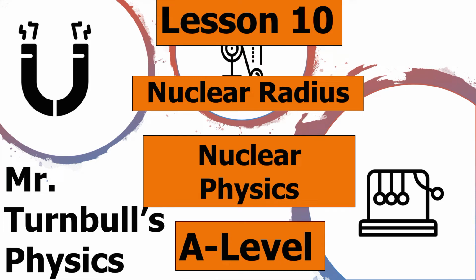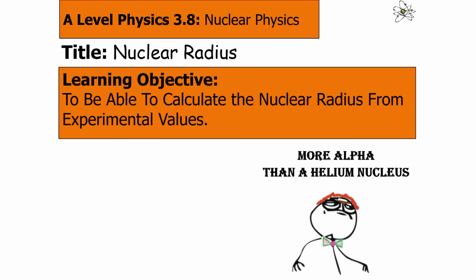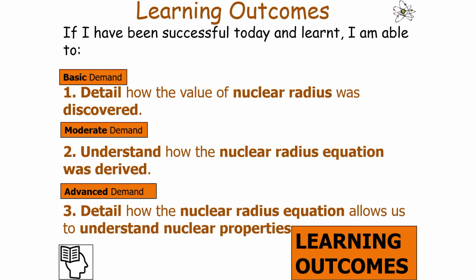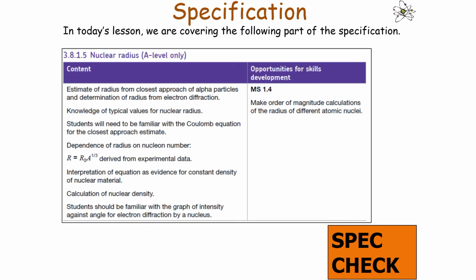Hello and welcome to this lesson on the nuclear radius, which is part of the nuclear physics topic in AQA A-Level Physics. In today's lesson we're going to look at how you can calculate the nuclear radius from experimental values. If we've been successful in learning today, we should be able to detail how the value of the nuclear radius was discovered, understand how the nuclear radius equation was derived, and then detail how the nuclear radius equation allows us to understand nuclear properties, which links into the following part of the AQA A-Level Physics specification